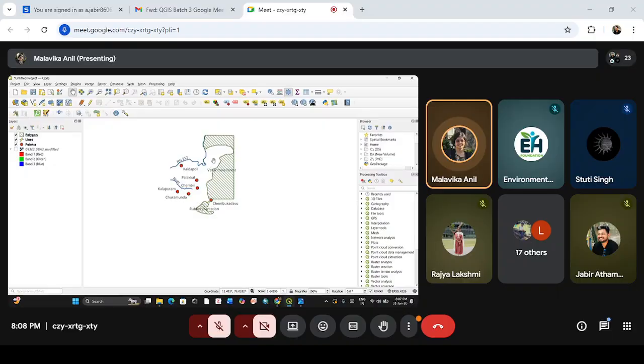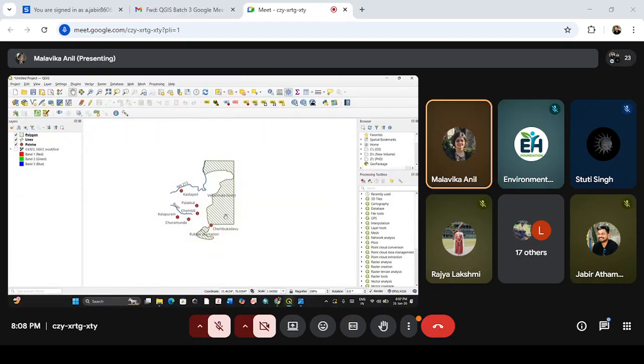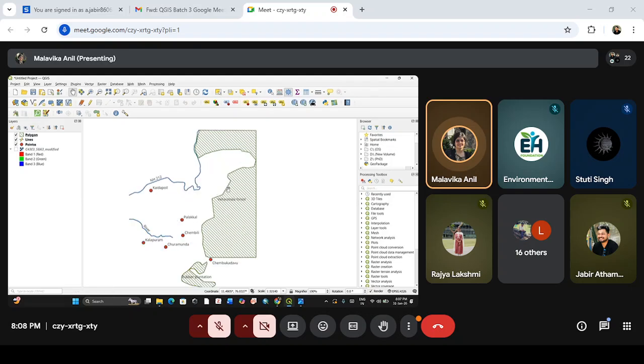Let's go to the QGIS software and open it. These are the files that we created yesterday. We created points, lines, and polygon shapes. Today we'll see how to export them as a map. Please do this along with me, and if you have any doubt in between, you can ask. First, what we are going to do is